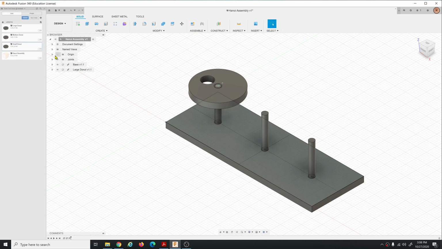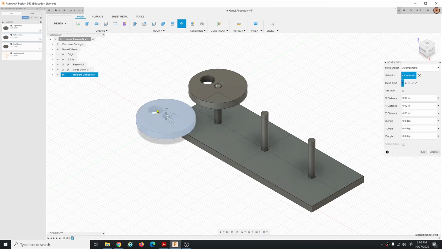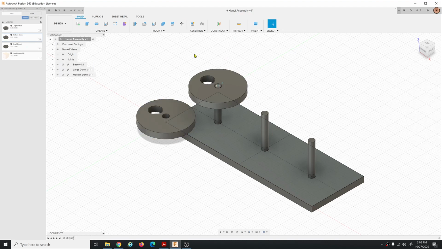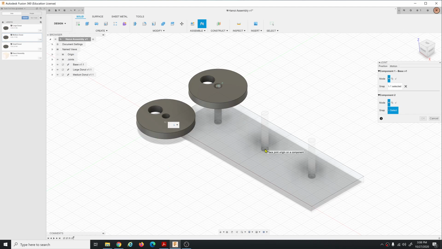All right, then go over to the medium donut and drag that guy in. So we're linking essentially this donut design into an assembly design. Okay, then escape, and then click assemble and do joint. And if you can, grab the, I think it brought it in at the origin, which is there. I think that's it. That, and here, if you can,